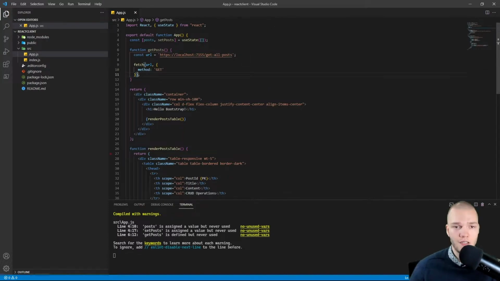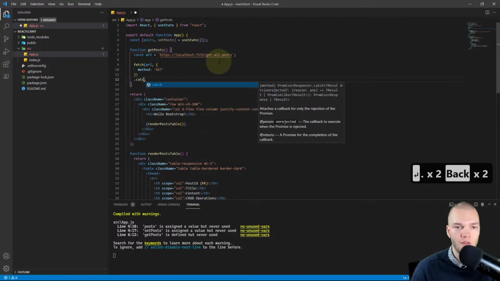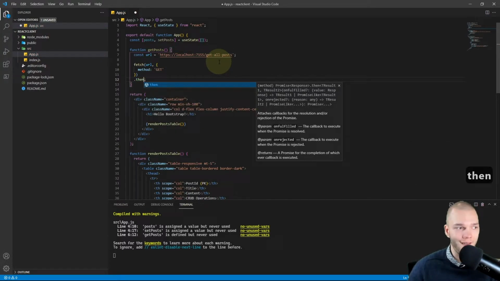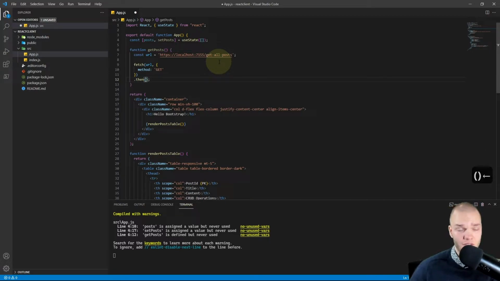Then after this single parenthesis, I'll just press enter to go to the next line, and then I want to do .then. So this is asynchronous JavaScript, I believe. Feel free to Google that and read up on it. You could also do async and then a bunch of stuff, but I prefer to use .then, and that will run, I believe, when this fetch thing completes. Right, so .then, and we'll take the response from the server and use an arrow, and on that we will call